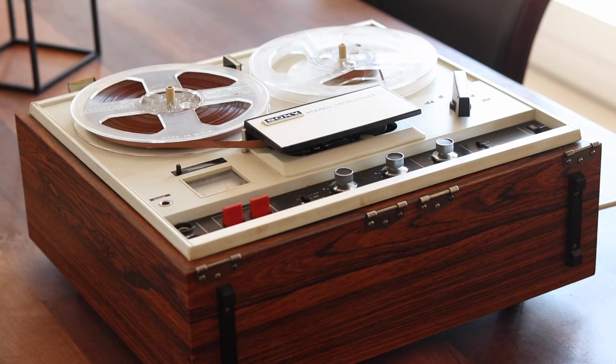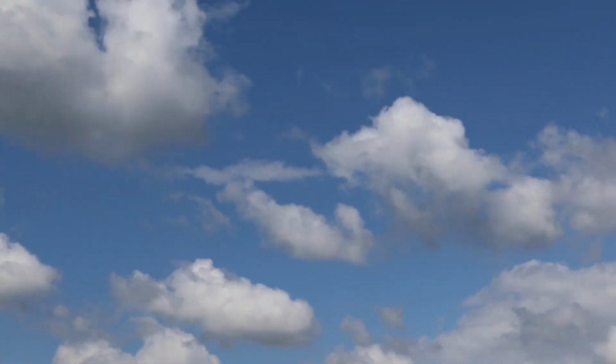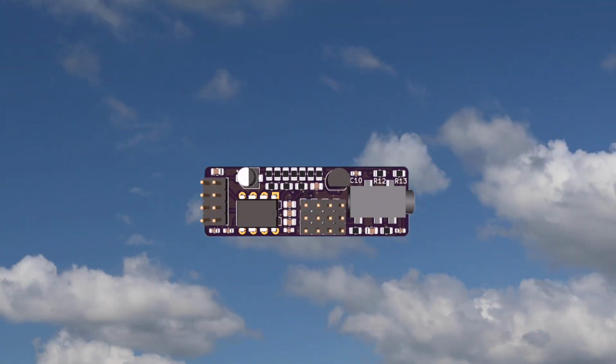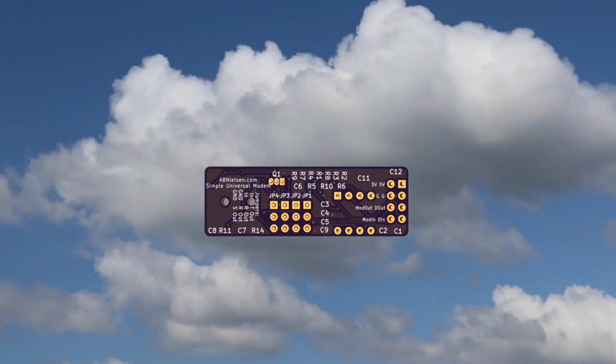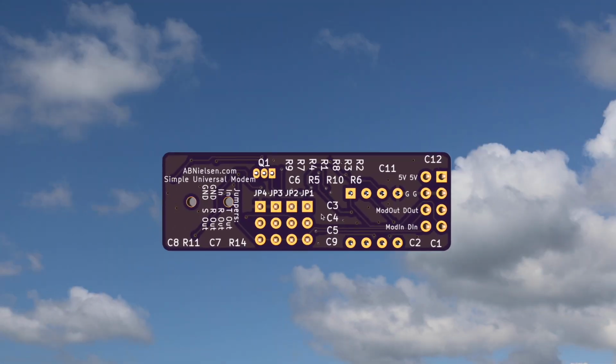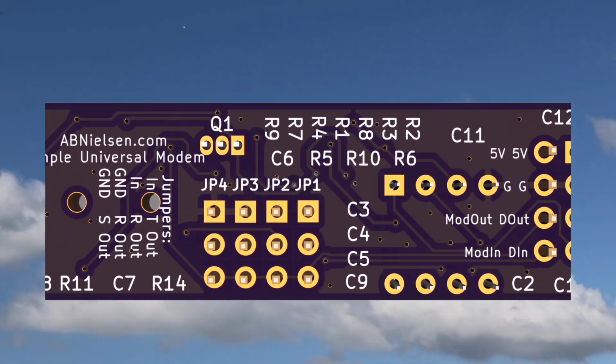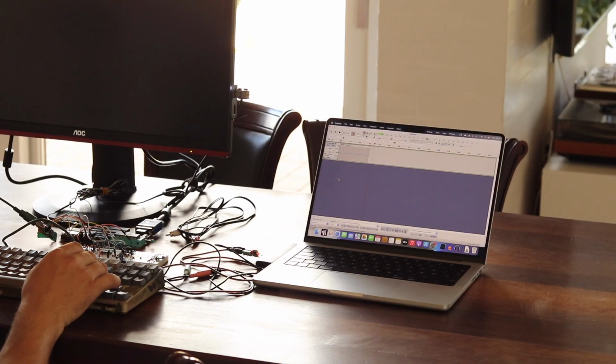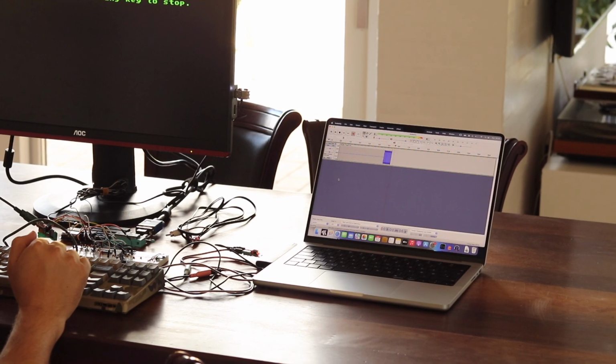After setting the scene with that, I will give a short presentation of this simple modem and show how to hook it up. I'll then demonstrate what saving to a modern PC looks like, and talk a bit about how the saved data looks at a bit level. Before getting back to saving to tape, like you saw in the intro, but with a bit more detail, I will spend a short time talking about the tape deck itself.